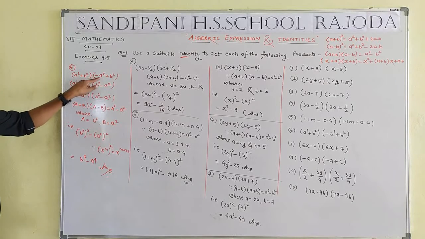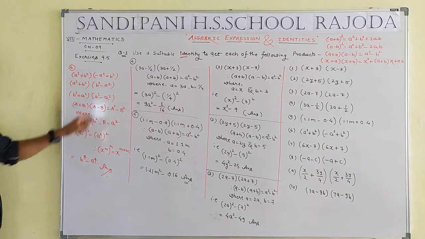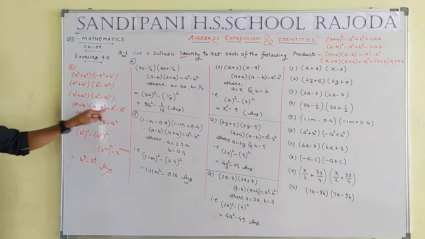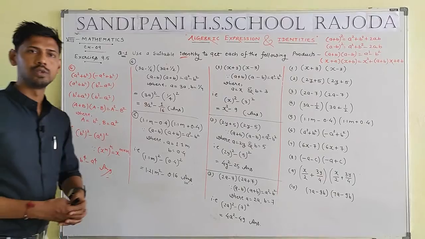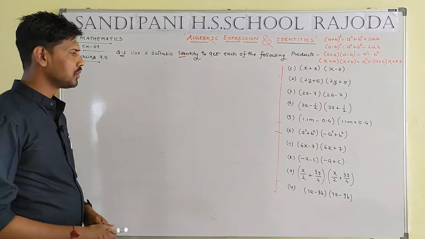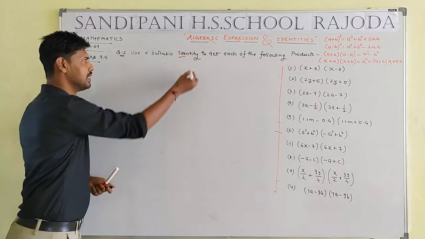a square plus b square minus a square plus b square, but according to the identity we know that a plus b, a minus b, meaning the minus should come in the middle, so arrange this according to that. So a plus b and a minus b will be equal to a square minus b square. Here a will be equal to b square and b will be equal to small a square, such that power will be multiplied by power, then we get b to the power 4 minus a to the power 4. Student, now we take question number 7, question number 8, question number 9 and question number 10 in sequence.